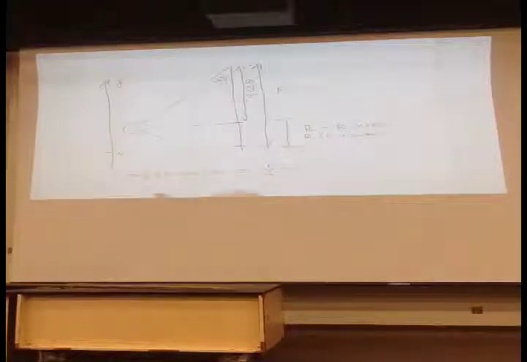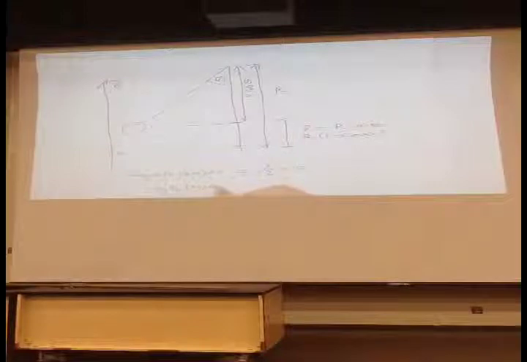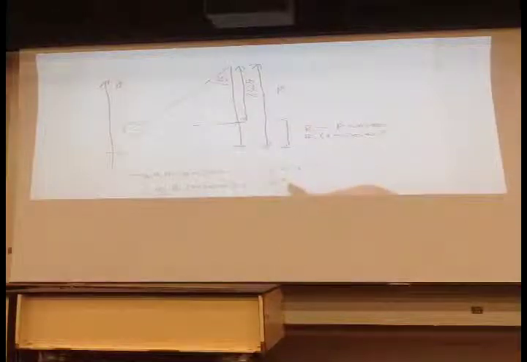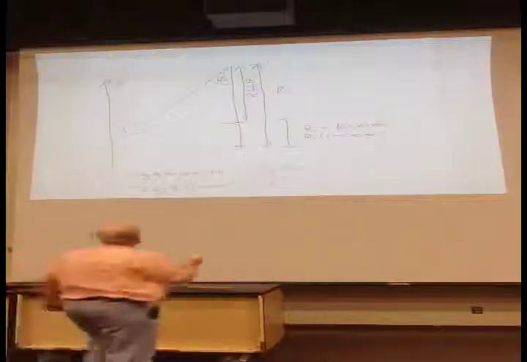Or if I have gr times (1 minus cosine theta) equal to v squared over 2. So this tells me that the speed,